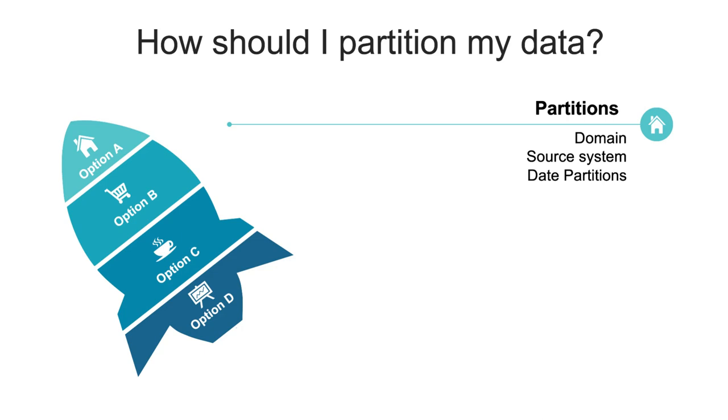But for the landing layer, the initial layer, when we are ingesting data, we would typically partition it based on either domain or source system, and within that we would partition it based on date. So year, month and day. That is how it should be partitioned. If we are doing ingestion multiple times a day, then the partition can be extended to hour also. So it can be domain, source system, year, month, date and hour. That's how it should be partitioned, so that it is clearly distinguishable which data came on which day.